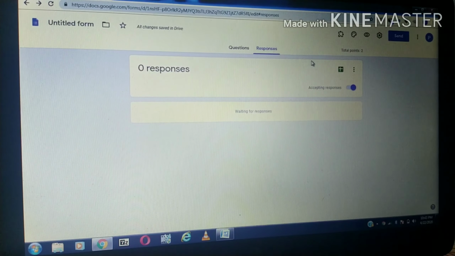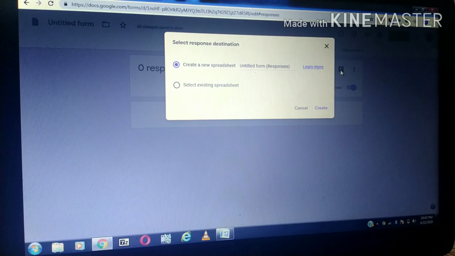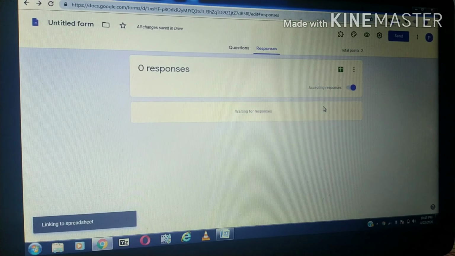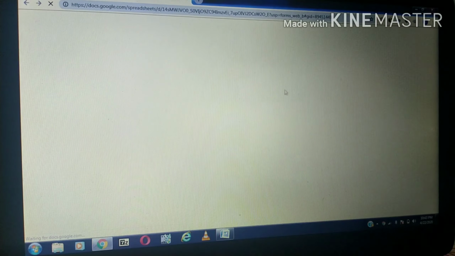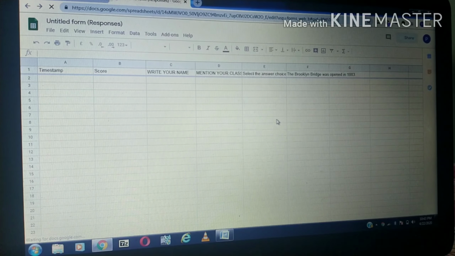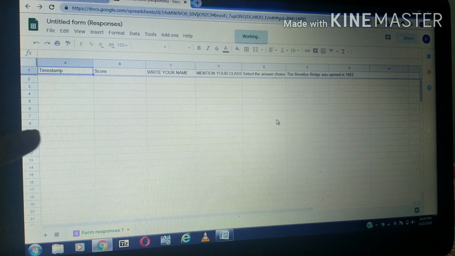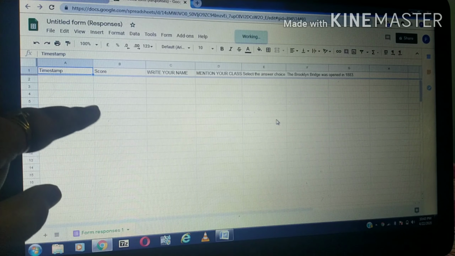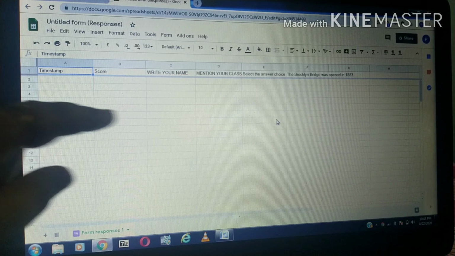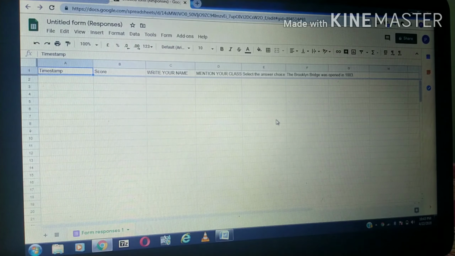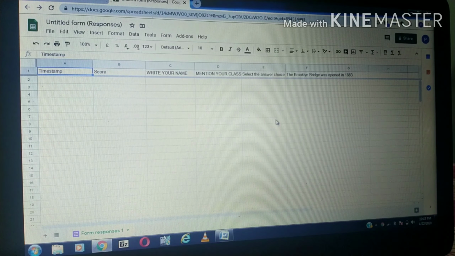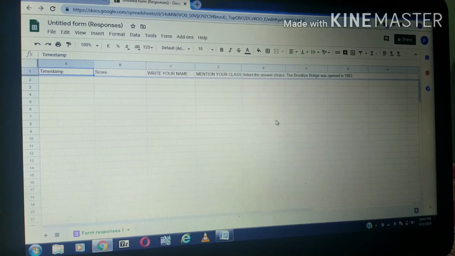And if you want all the details, this is a spreadsheet, create spreadsheet, go on create, and you will find a complete spreadsheet over here with time, with score, whatever score the children get, their name will be shown here, their class, their section will be shown here, then their answers will be here.